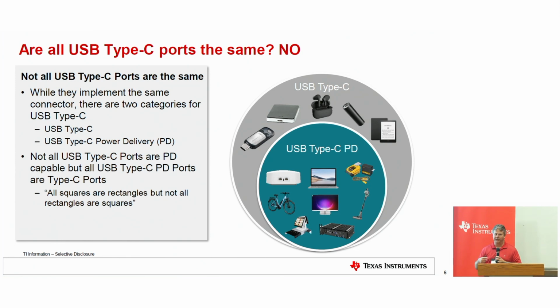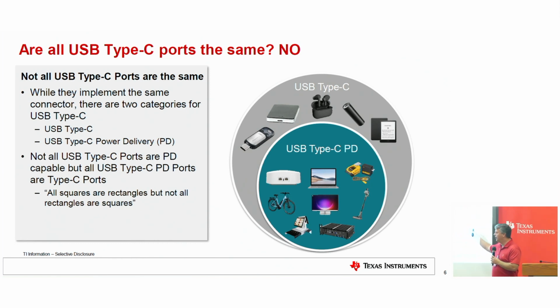5 amp. And there's a communication mechanism that happens on the connector. I have a slide showing the connector interface. We use a couple pins on there to communicate back and forth and negotiate everything. So what I'm trying to show here is if it's a very simple design where you don't need to negotiate anything higher than 5 volts, like the real small adapter chargers, 5 volt up to 3 amp, that's a very, very simple design. Don't need all the PD capability. But then if you're going to start going higher in voltage, higher in complexity, and tunneling video and all that through, then you're getting into the PD application.